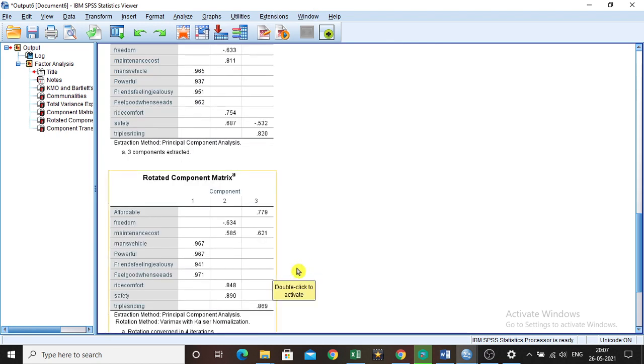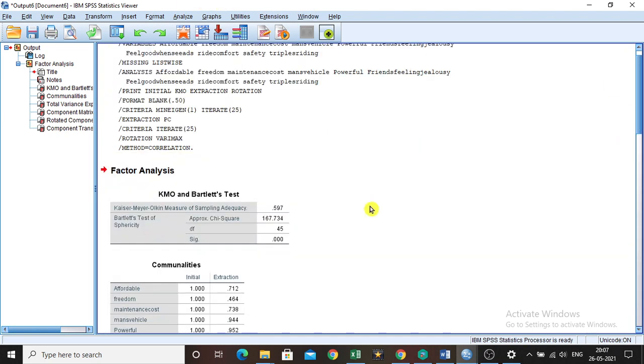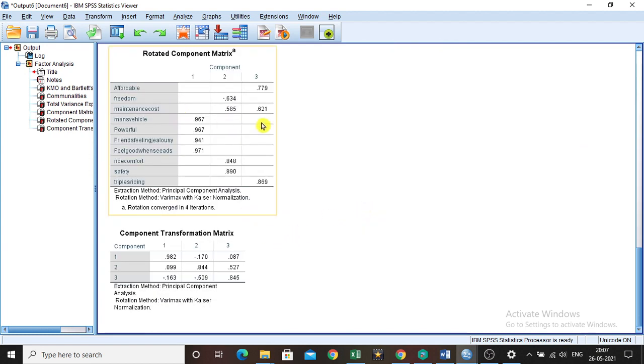So we are proceeding with the next thing, that is the component matrix. We are not going to see anything in the component matrix. We have to check the rotated component matrix. Under the rotated component matrix, as I told you, 3 factors have emerged. We have to name factor 1, factor 2 and factor 3 based on the variables.